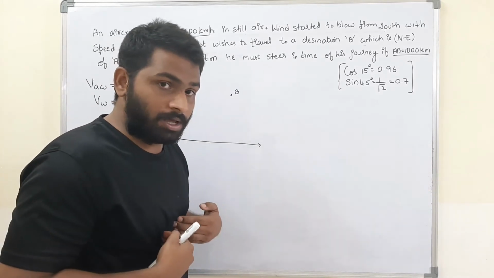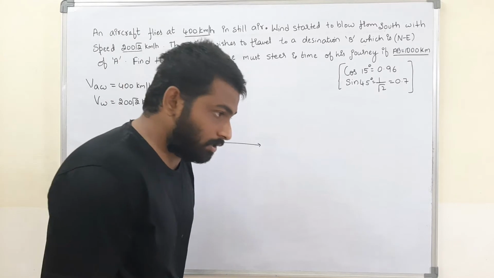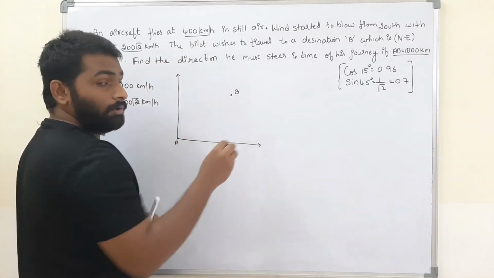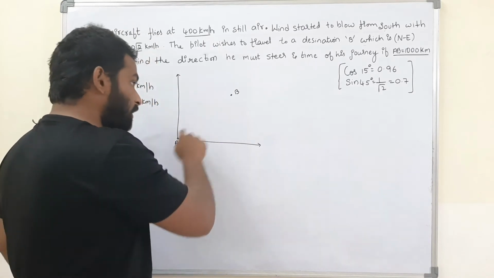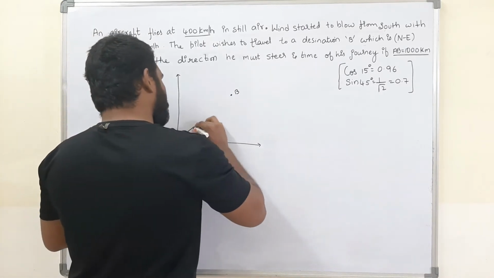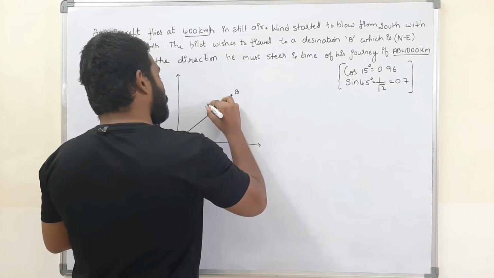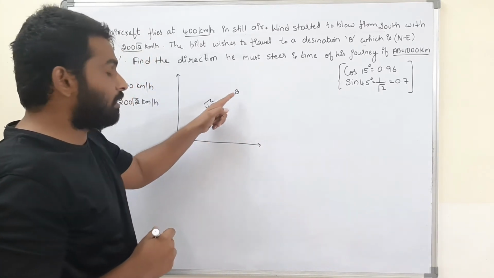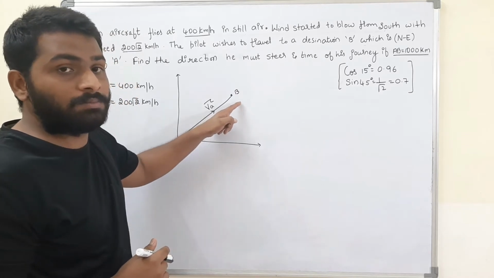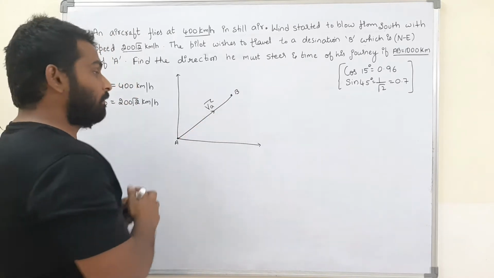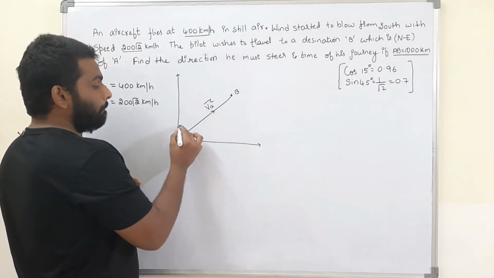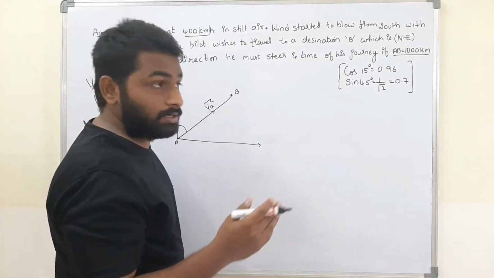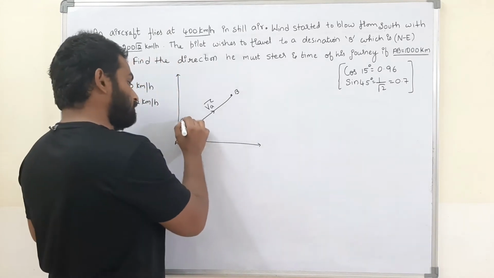That means my velocity has to be with respect to ground. My velocity has to be in this direction, right? That means if I want to move from A to B, the velocity of the aircraft has to be in the same direction. It means this is the velocity of aircraft. If the velocity of aircraft is in that direction, then only he can reach that destination B. Otherwise, he can't reach that. Therefore, what is the angle made here? AB is northeast. What is the meaning of northeast? Exactly at the half. That means 45 degrees.